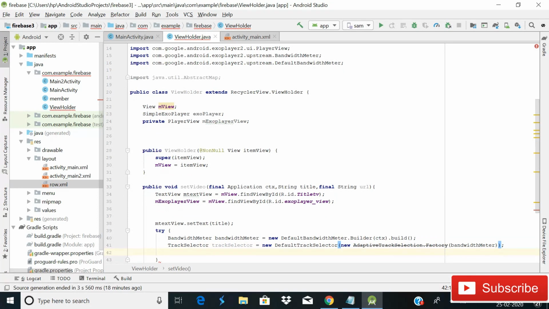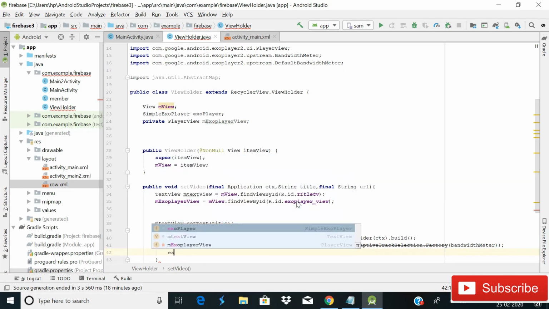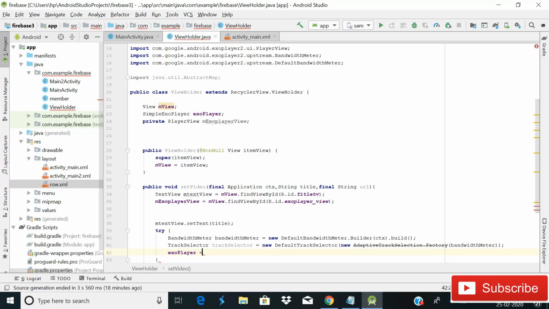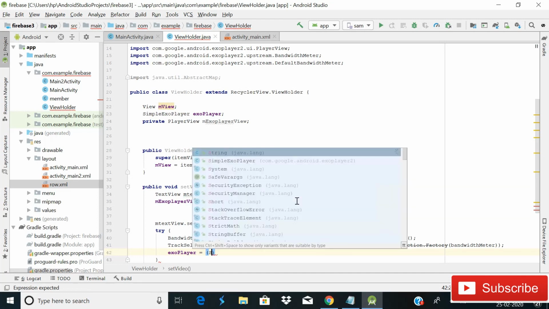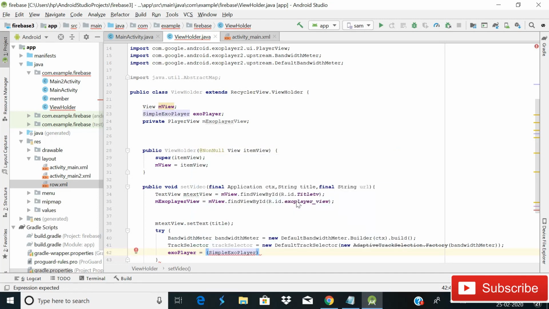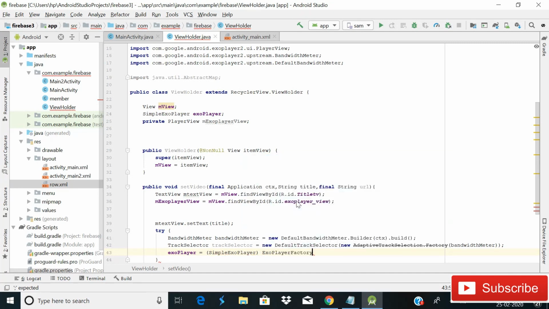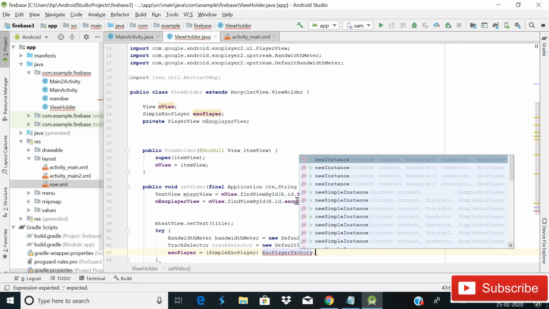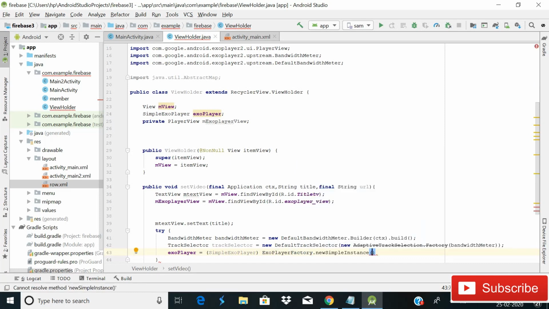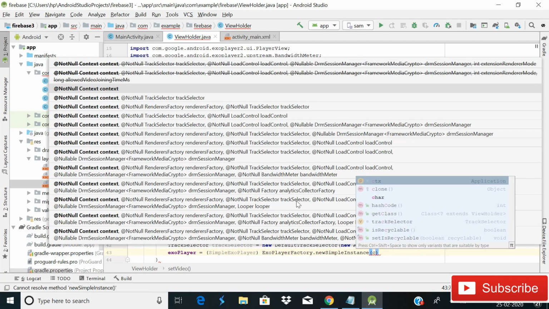And then we will write exoplayer equals to SimpleExoPlayer, then ExoPlayerFactory.newSimpleInstance. Then again we will pass ctx.